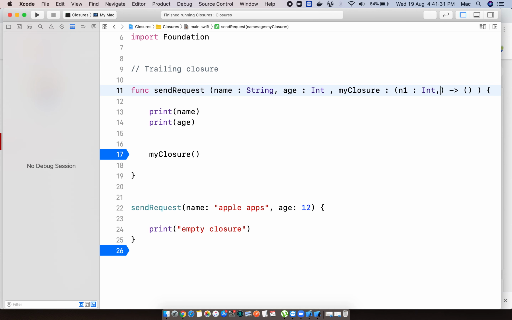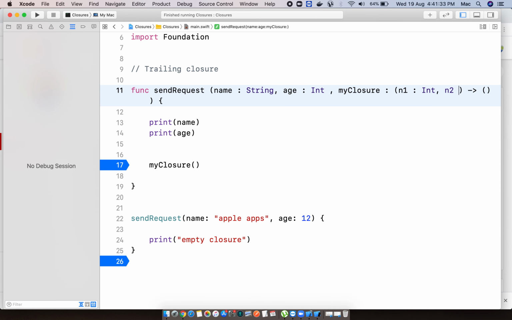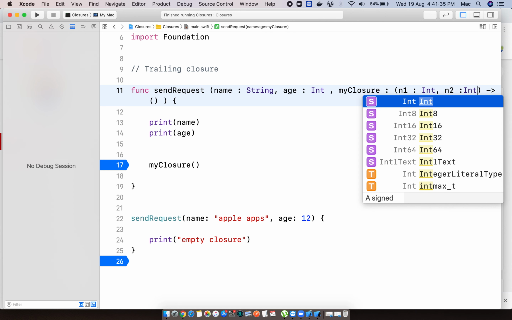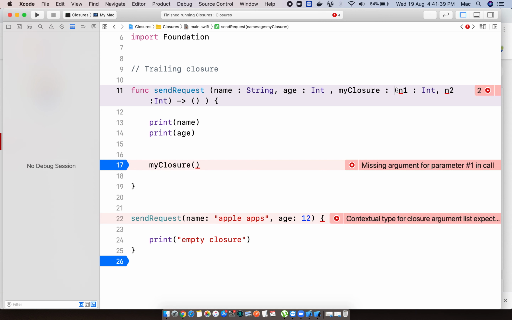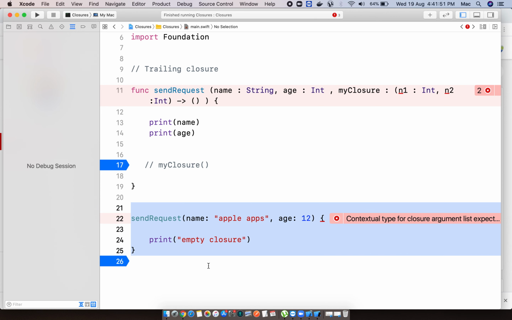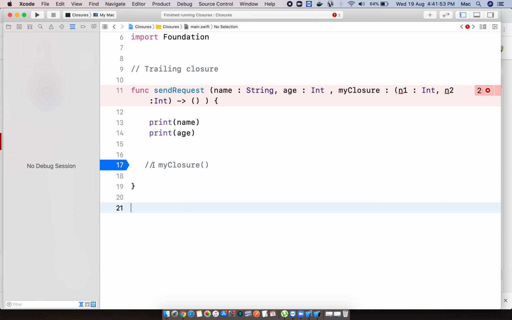You can take any type also, no problem, that is your requirement. And an int. I took the closure with two parameters, but I am not returning anything, still returning empty. Okay, now I am removing this. Again I will call it, no problem.